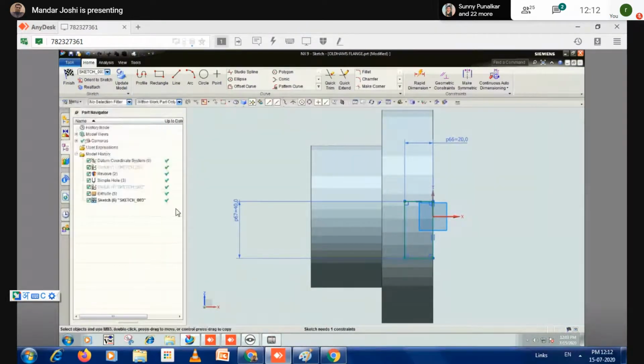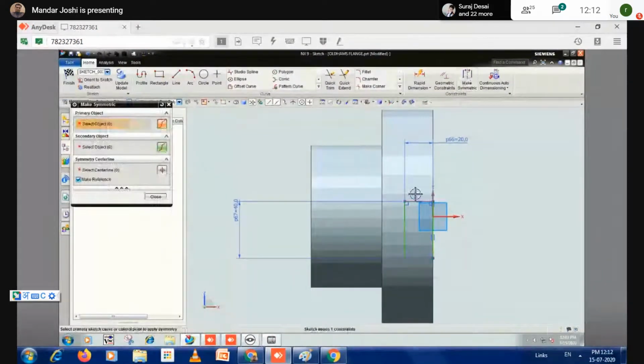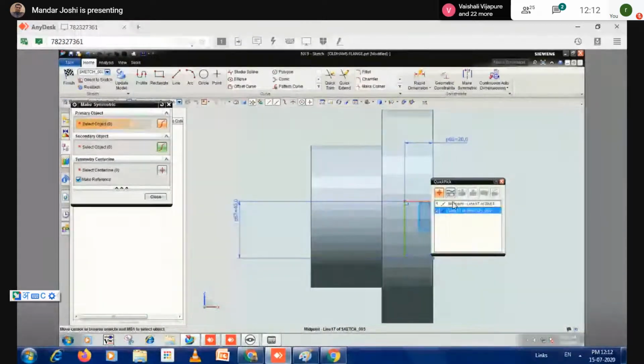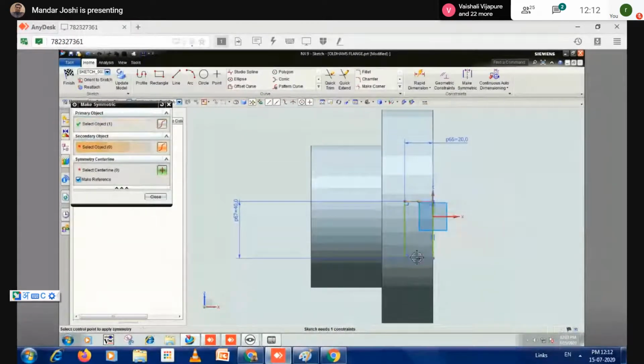Then close, and then for the symmetric relation, turn the symmetric button on. This horizontal line, then again this horizontal line, and then the center line. Okay, that I created. After that, close it.